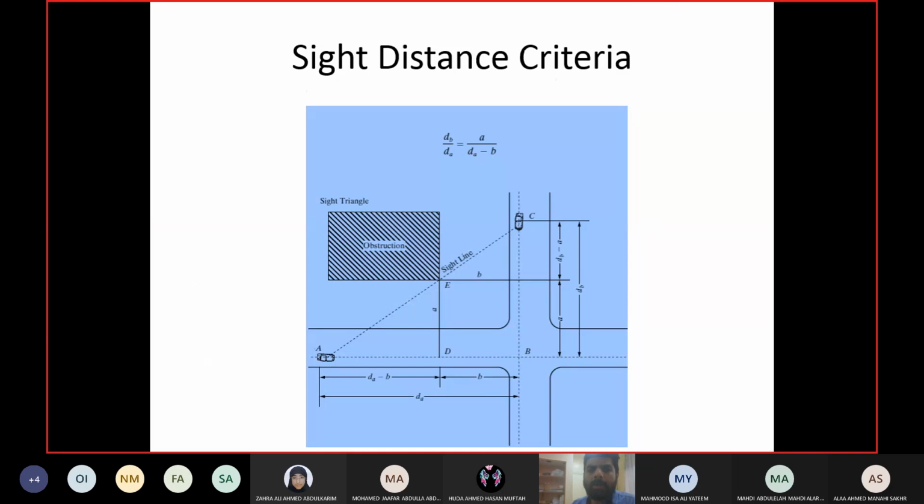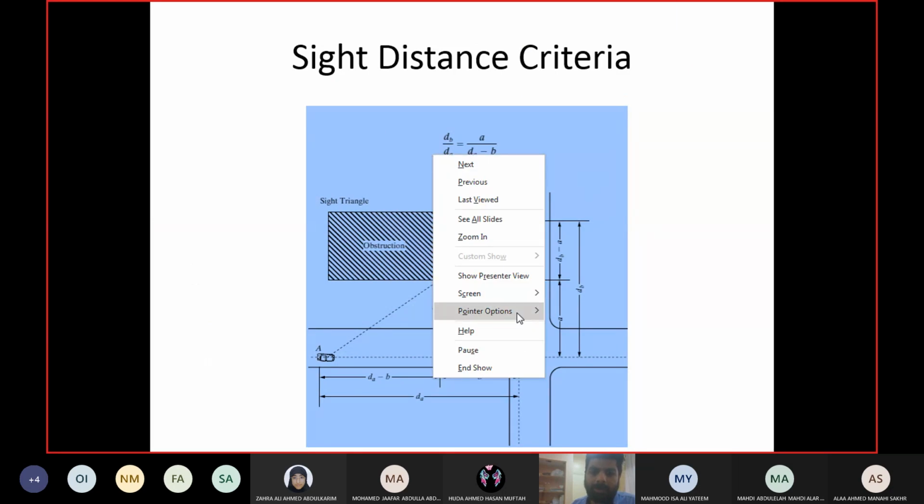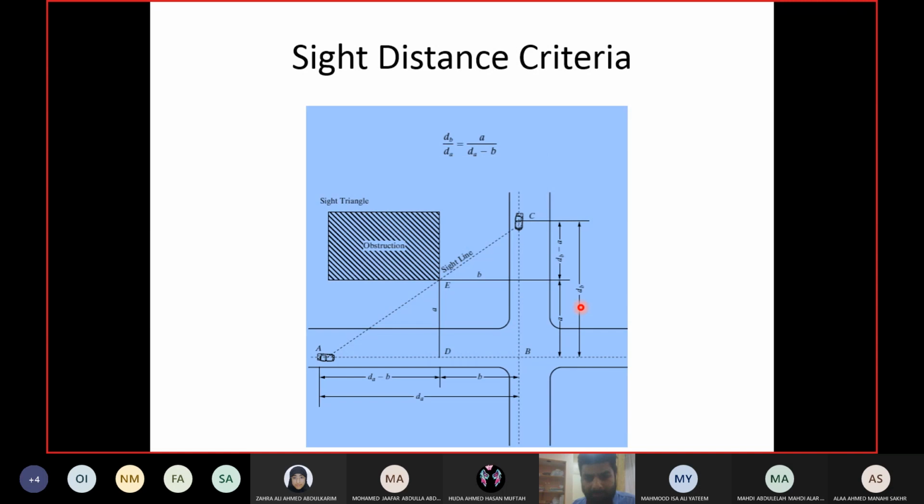Now let us discuss the sight distance criteria for intersections. We have talked about sight distance again and again in this chapter. And sight distance, so we said, okay, we need sight distance for the control device, which is in the intersection. So that control device is in front of you. So if something is in front of you, then we know how to calculate the sight distance, right? We have the equation, right?